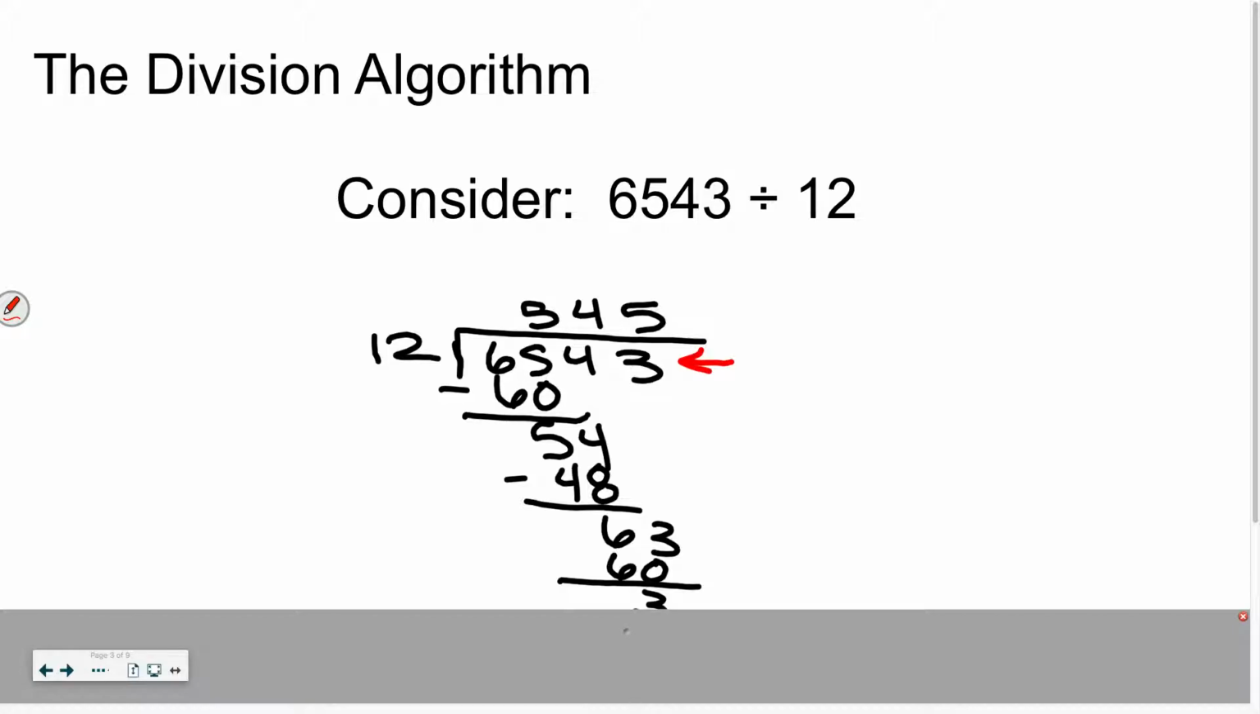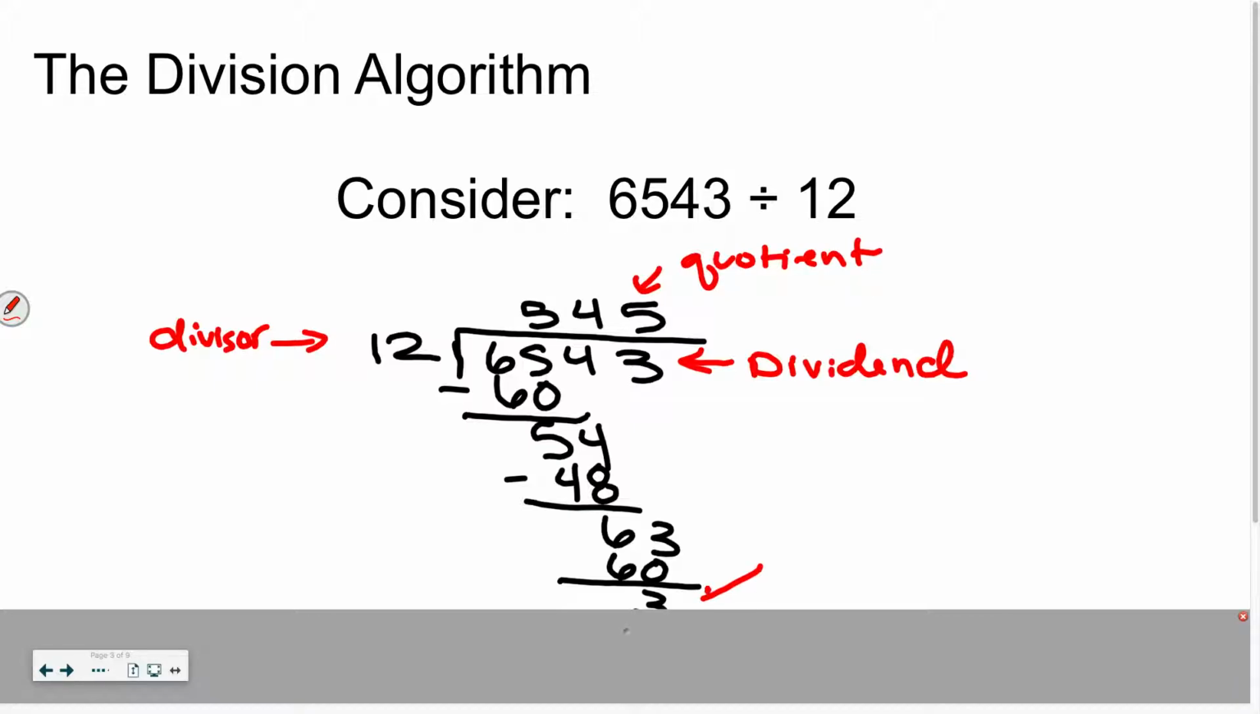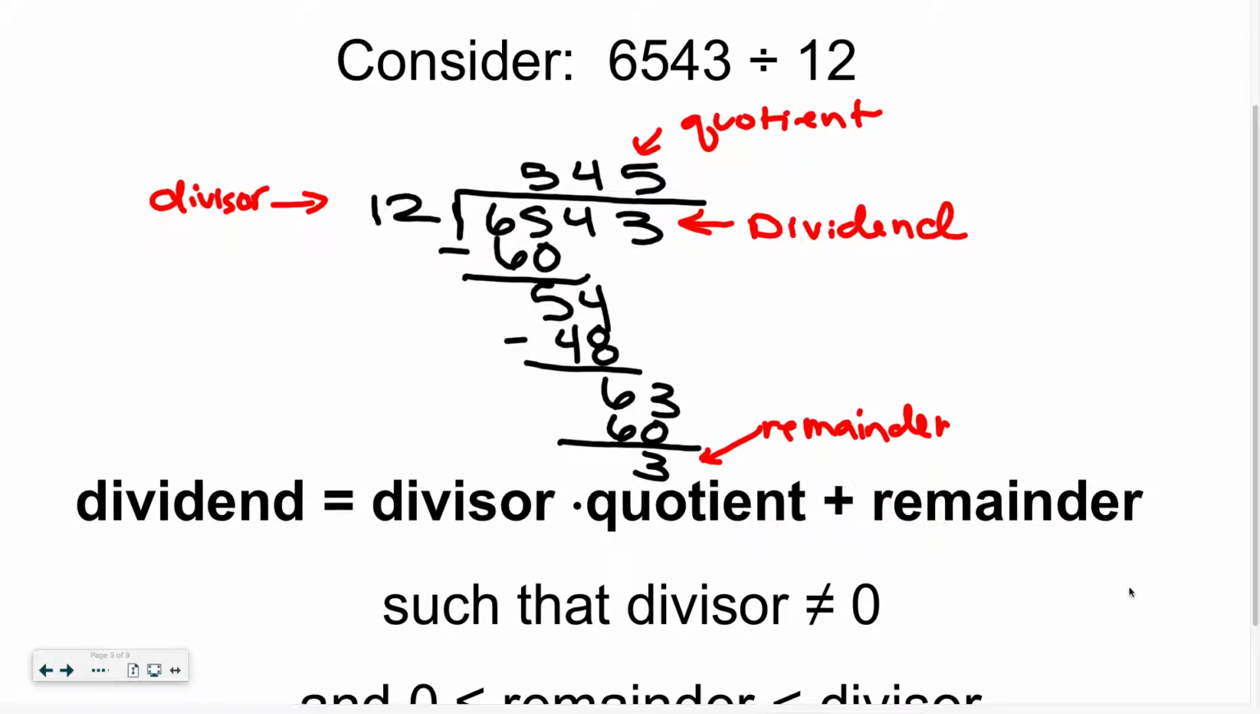So we said yesterday, this was the dividend, the thing you're dividing. This is the divisor. And this is your quotient. And then this is your remainder. So every division problem really has 4 parts, okay? The division algorithm is this idea that,